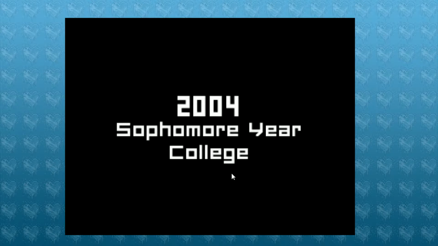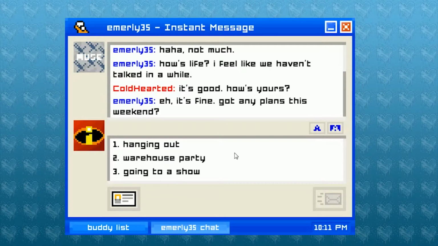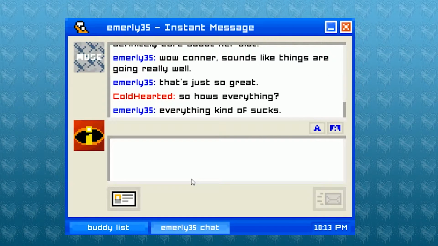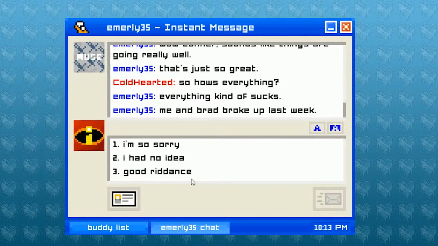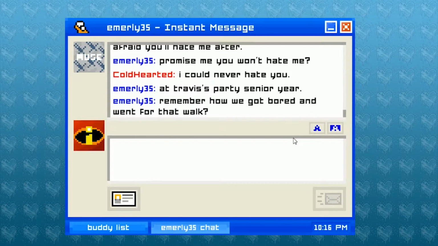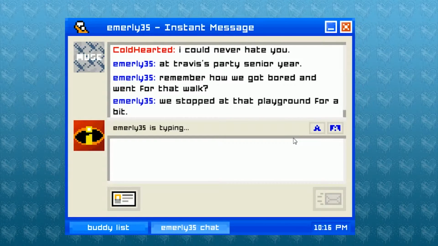At the start of Chapter 3, Emily will ask you about your weekend plans. I said I'm going to hang out with a girl named Emma, who I call just a friend. Emily mentions that she's broken up with Brad, and because of their shared friends, she feels lonely and depressed. Emily then decides to ask why at the senior party you both went to after Chapter 1 I didn't kiss her on our walk through a park.